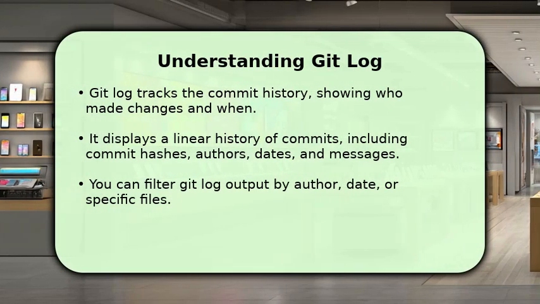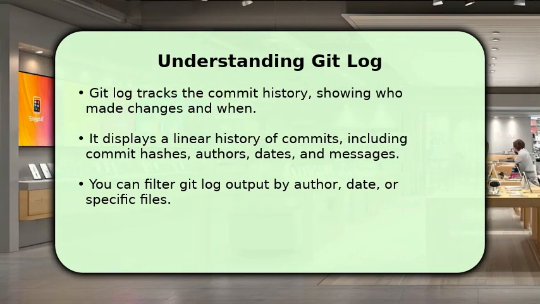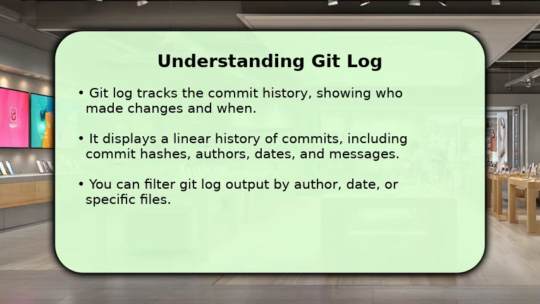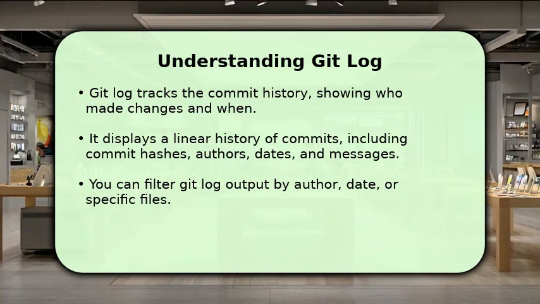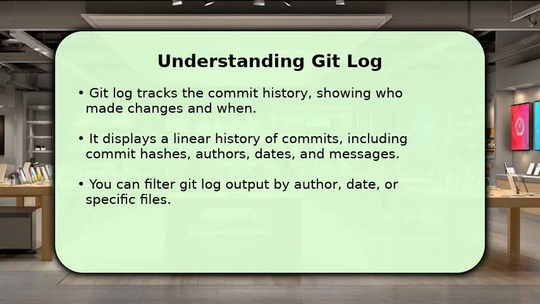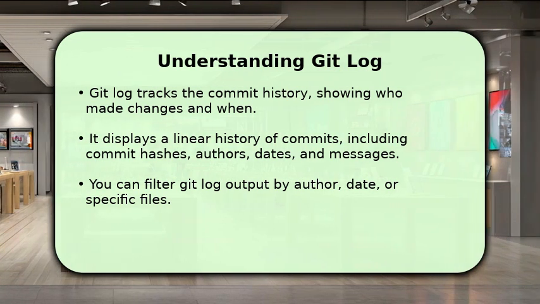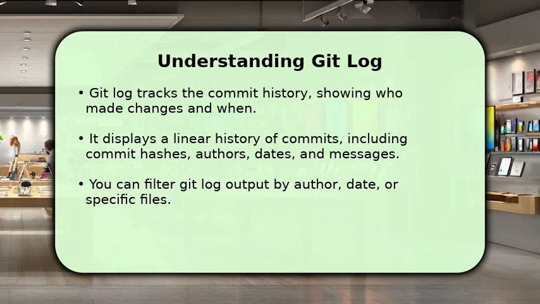Git log is primarily used to explore the official, shared history of your project. It displays a sequence of commits, each with a unique hash, author, date, and commit message. You can use various flags to filter this output, perhaps showing only the last 5 commits or commits by a specific author. It's your go-to command for understanding the what and when of changes that have been integrated into the